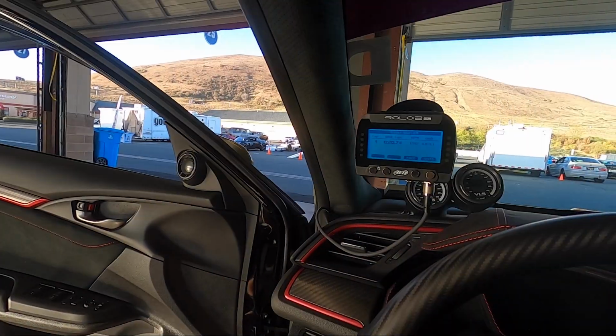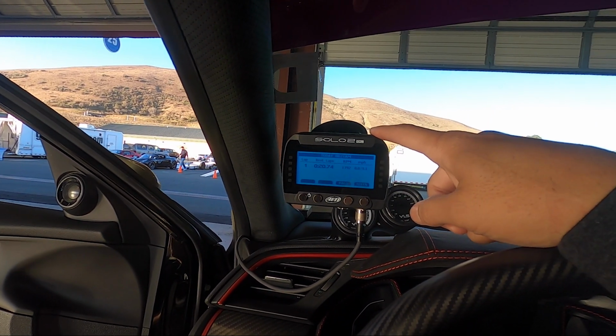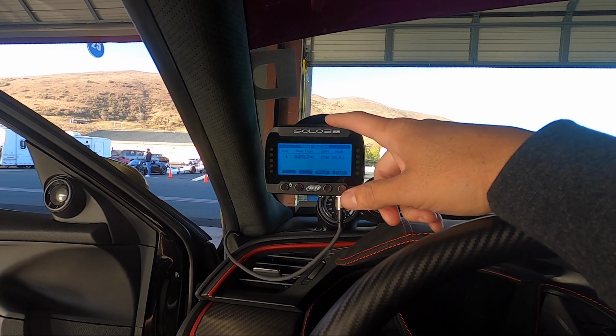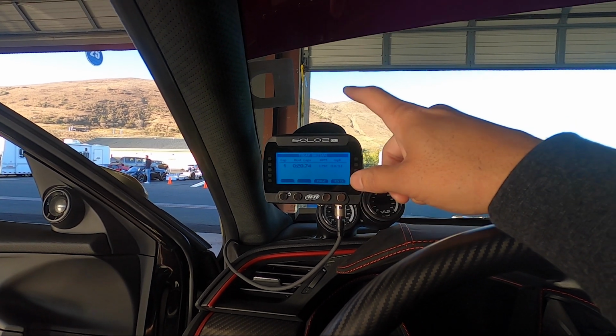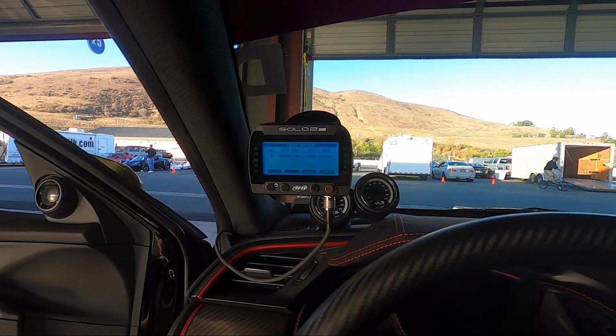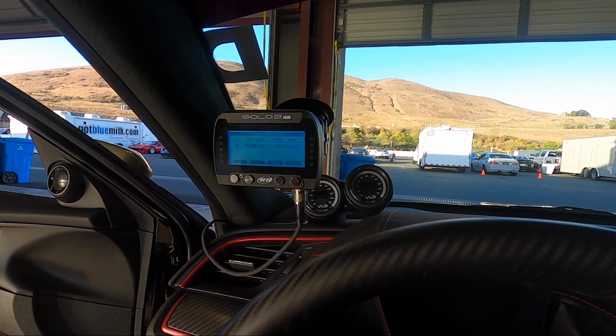Come check it out. Okay, so here's my regular Solo 2 DL. This is my lap timer. It's what I've been using. I actually paired this up with the Smarty Cam, which is also made by AIM. I'm not using that Smarty Cam today. I'm actually using my GoPro, or one of my GoPros, and I've got,